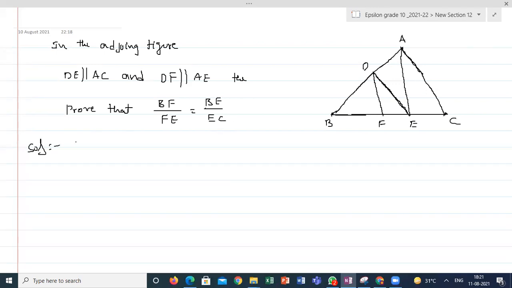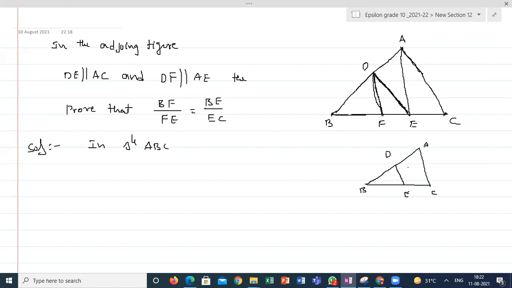So here, when I am taking DE, you have to take triangle ABC. When I am taking DF, you have to take triangle AEB. Then it will be easy to apply the basic proportionality theorem. So you assume the triangle. In triangle ABC, I'm taking triangle ABC roughly. This is not required, only for understanding purpose. I'm taking only triangle ABC and a line DE here.